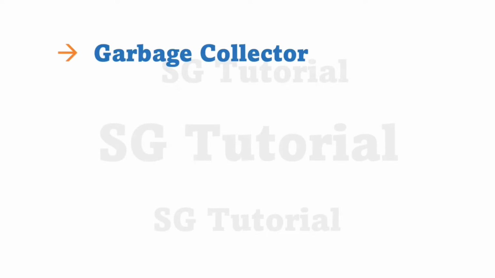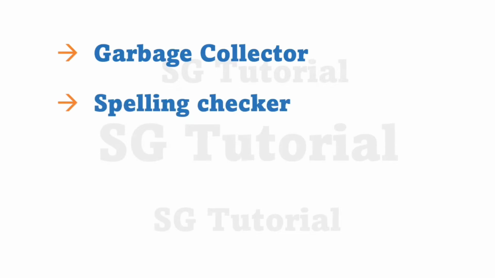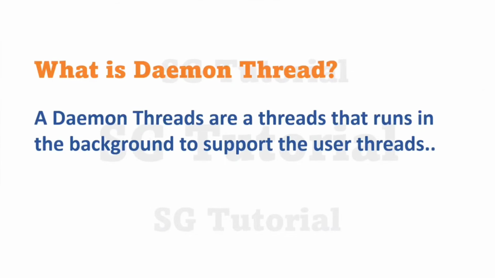And another best example of a daemon thread is the spelling checker in Word. So when you type text, the spelling checker constantly scans text as you type and corrects the incorrect text silently in the background. It doesn't block your typing or interrupt you. It works silently in the background without interrupting the main workflow, same as daemon threads. Clear? So simply keep in mind, daemon threads are the threads that continuously run in the background to support user threads without interrupting the main workflow.